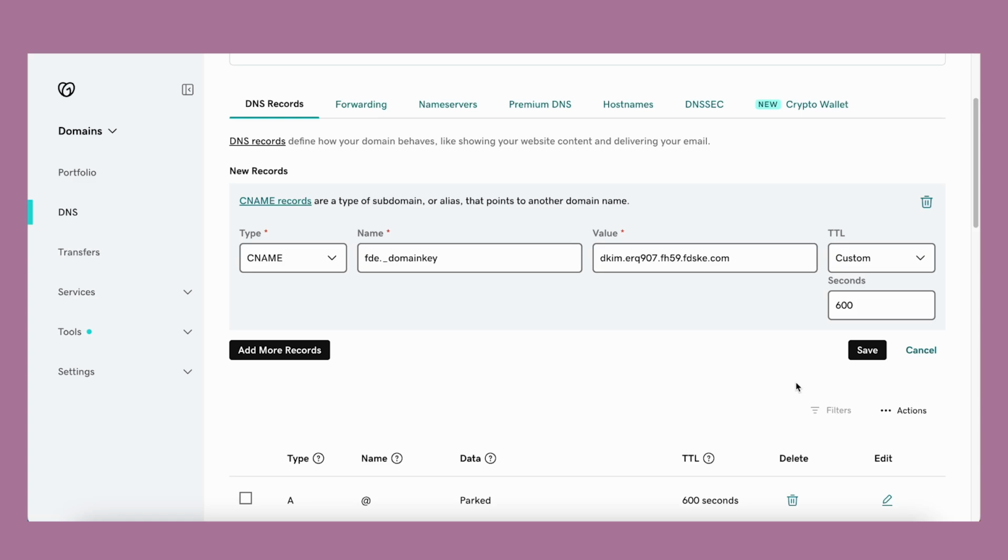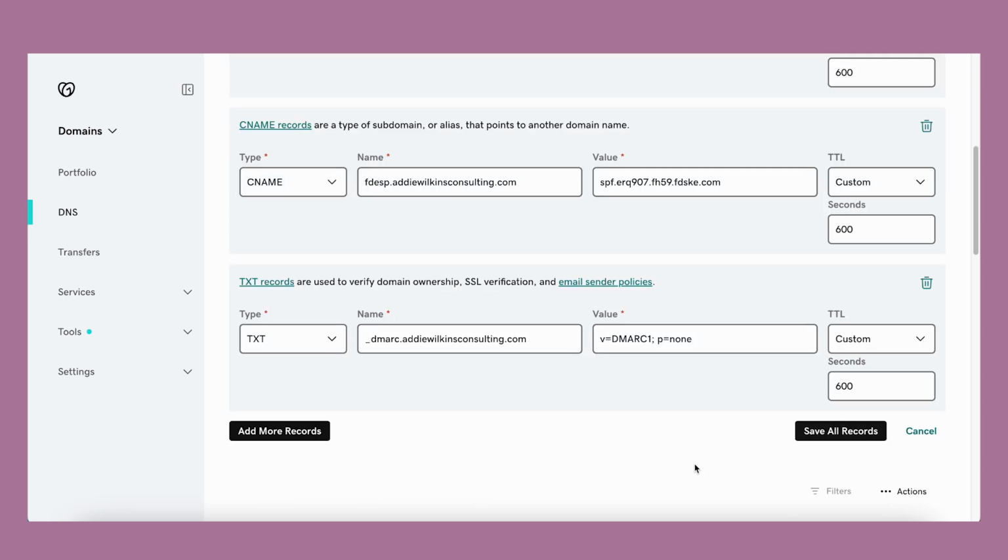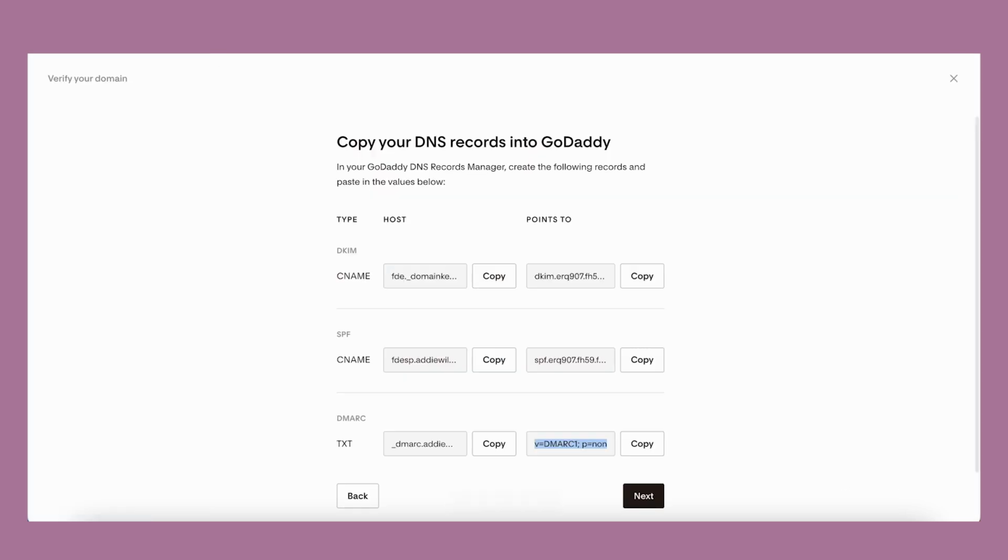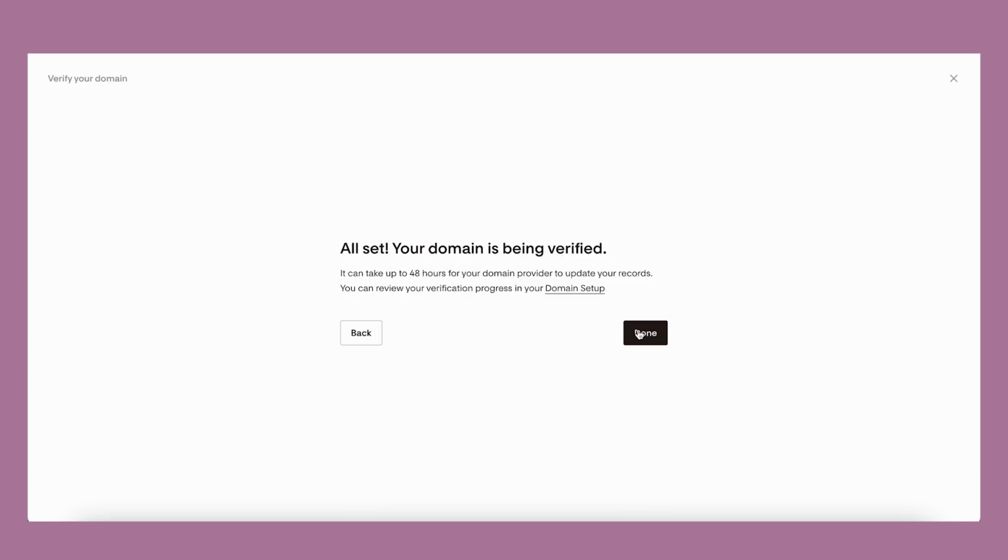You'll repeat this process for all of the DKIM, SPF, and DMARC records listed inside of your Flodesk account until everything has been copy and pasted into GoDaddy. Make sure you select TXT as the record type for your DMARC policy. After manually entering your authentication records, navigate back to the open tab with your Flodesk domain authentication, click Next, and